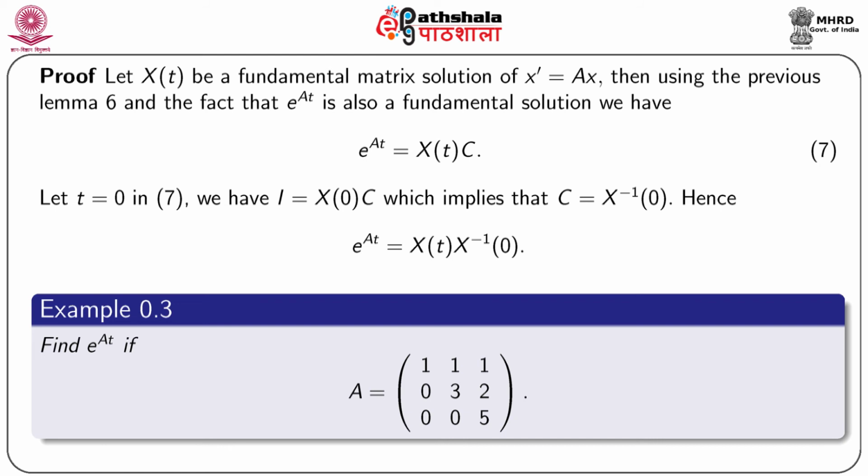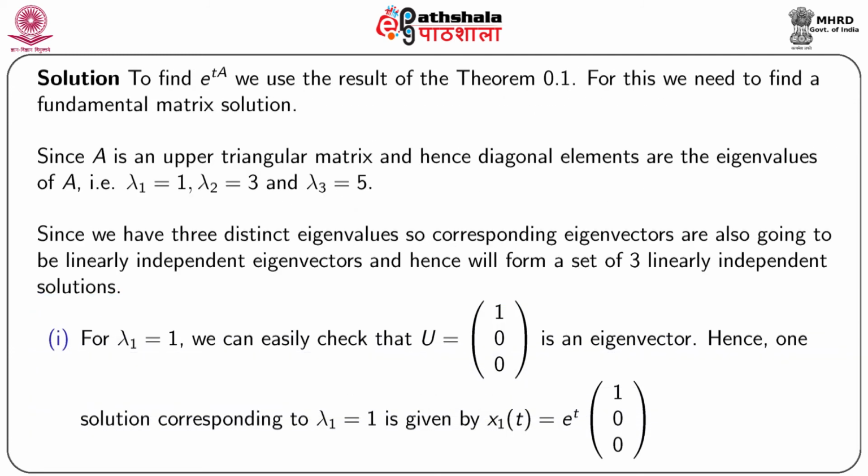We next look into an example where we have to find e to the power At given A equal to the matrix [1 1 1; 0 3 2; 0 0 5]. To find e to the power At, we will use the result of Theorem 0.1, and for which we need to find a fundamental matrix solution. Now, please note this A here